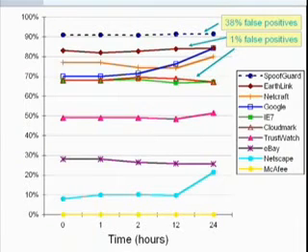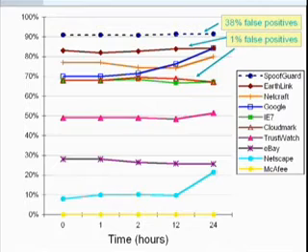Another interesting one is the one at the very top, that's SpoofGuard. You notice it's roughly about 90% pretty much all throughout, so that's very good results. But you also notice that there's a little caveat in one of those little post-it notes at the very top, 38% false positives. That's basically saying you go to a legitimate website and it says, hey, this is a scam. So that's not really that great. It's pretty good results in terms of finding phishing websites, but not so great at false positives.